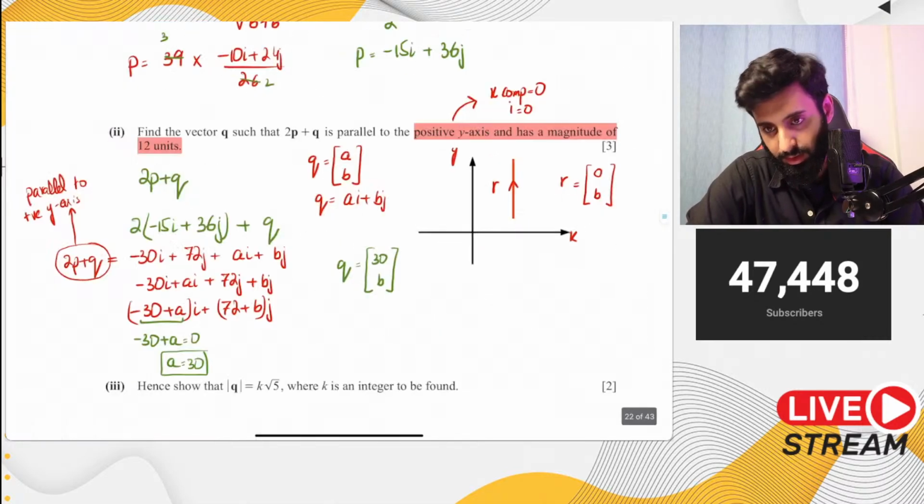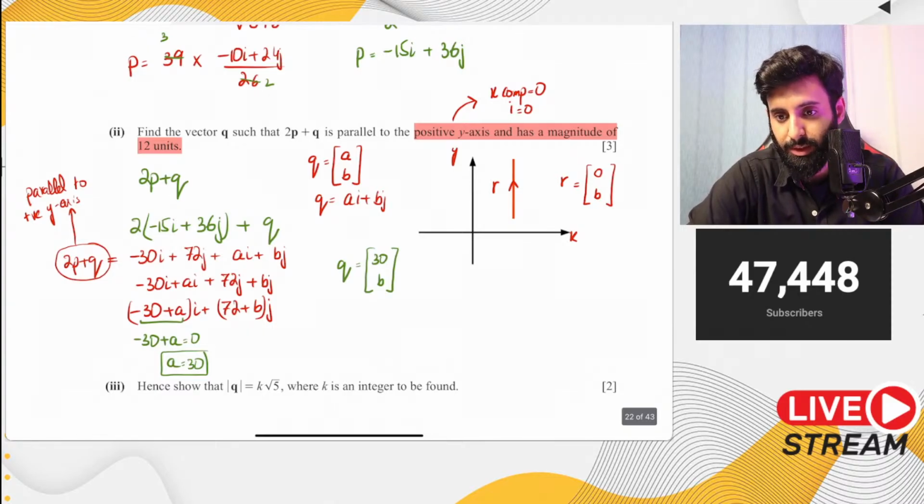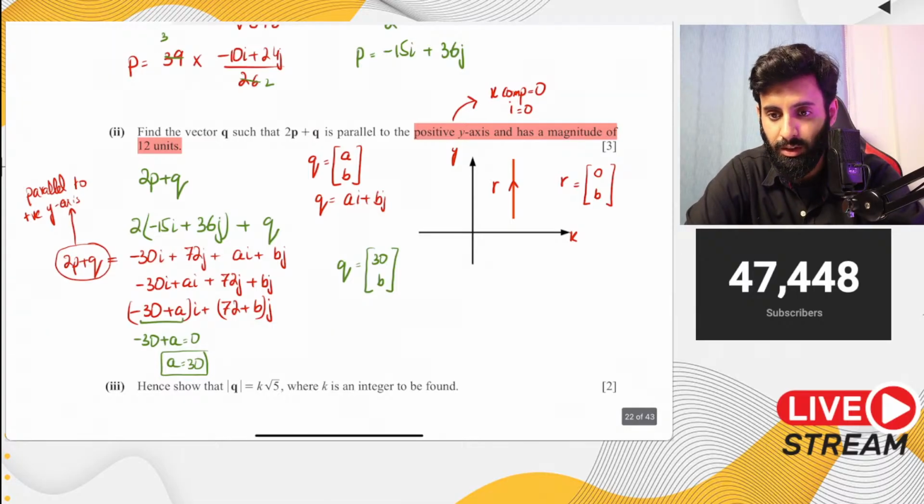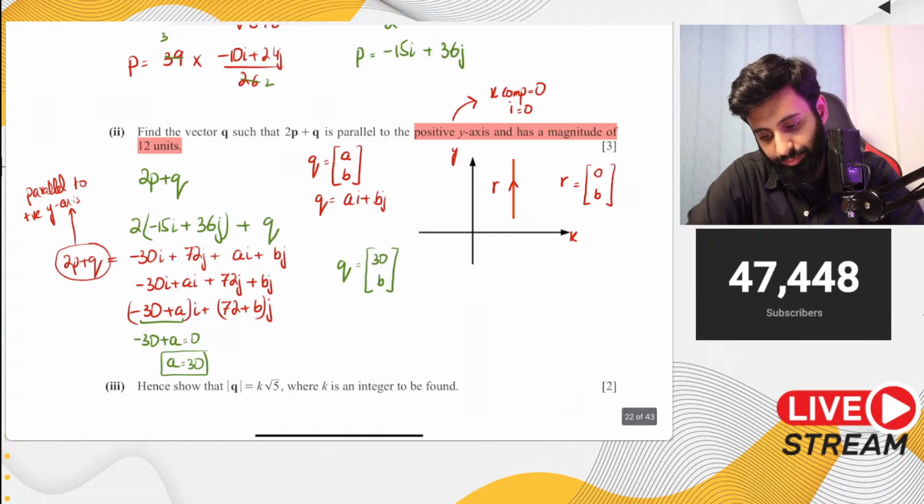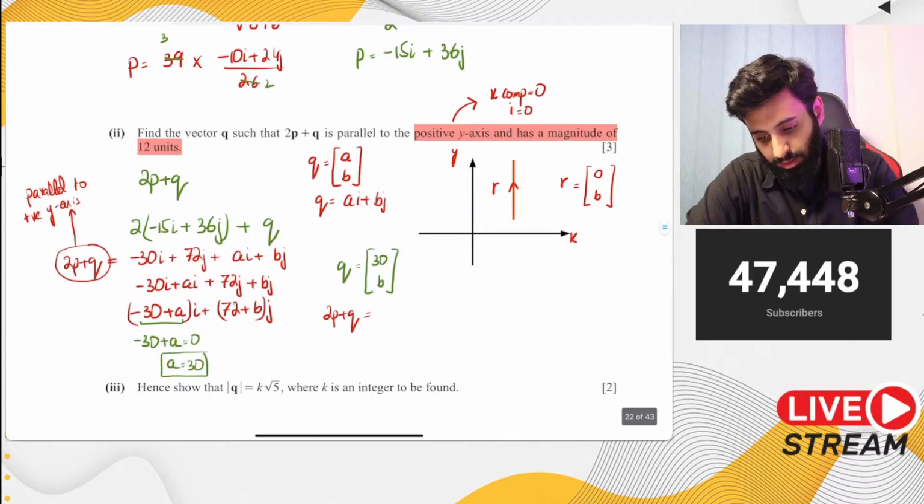Sorry about that. Substitute, okay, I've already done that. But what else? There's some other piece of information that I need to find the value of b. Yes, I need to find out the gradient. No wait, not the gradient, I need the magnitude. I'm going to use the magnitude to find the value of b. Now what's the magnitude? Here's what we know about 2p plus q so far: it's equal to 0i